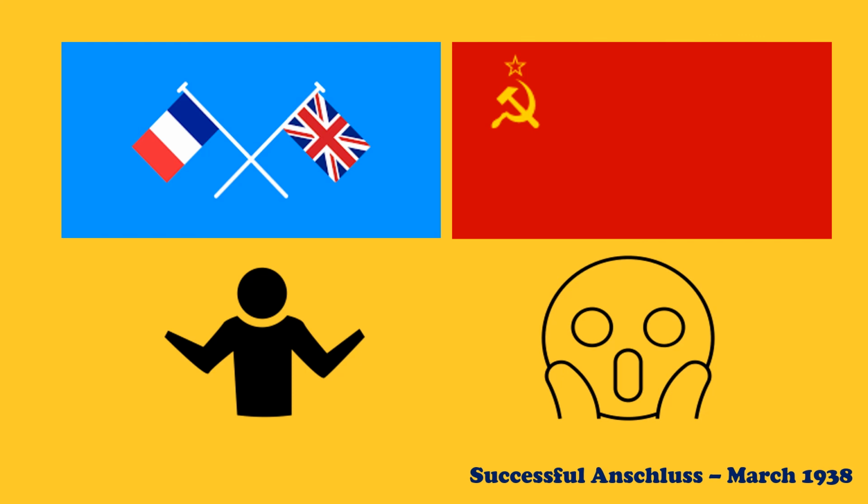It's also worth being aware that even still in 1938, 18 months before the outbreak of World War II, Britain and France are still a lot more scared of Stalin in the Soviet Union than they are of Hitler. They are worried about Hitler, but nowhere near as worried as they are about Stalin and what is happening in the Soviet Union and how powerful the Soviet Union is becoming.